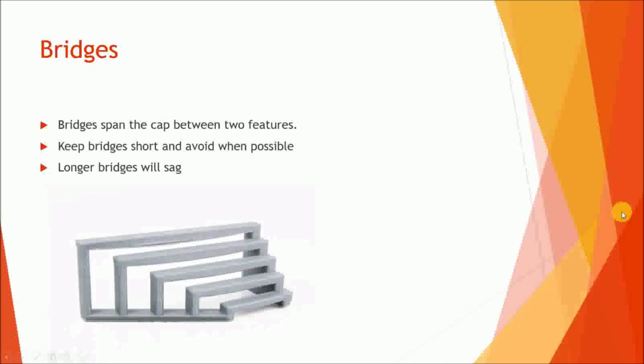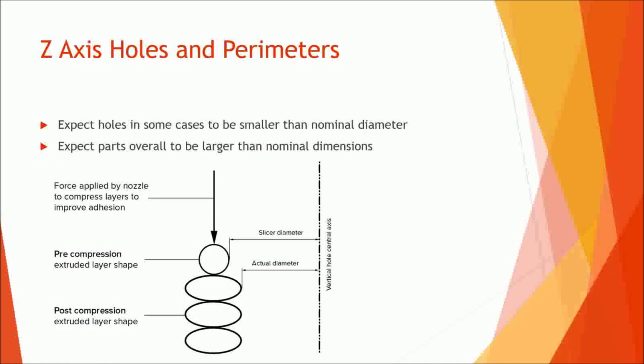Alright, Z-axis holes and perimeters, depending on the printer. This is good to know: what type of printer you're working with and what it's capable of. Some printers will compensate for this. Some have settings where you can set it to compensate for it. But basically what this is talking about,